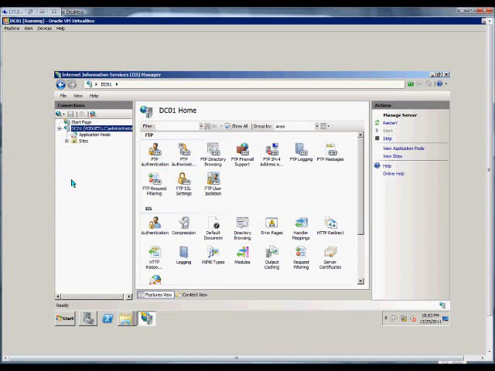In this how-to video, I'm going to show how to set up logging variables on an FTP server in IIS on a Windows 2008 R2 server. So we're going to want to open up the Internet Information Services Manager from Start, Administrative Tools, and from there